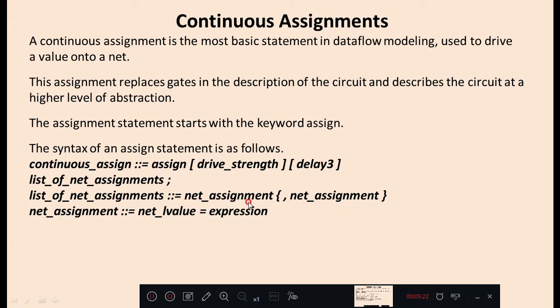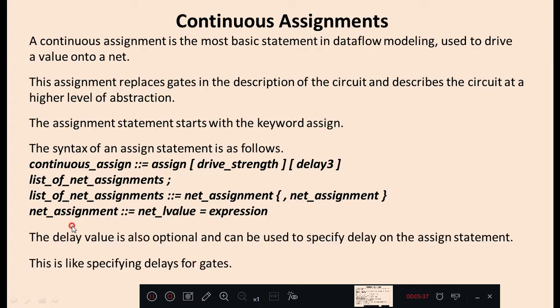So this is a general representation, nothing to do with actual syntax. A net assignment can be assigned with an expression or a value. We'll see in examples. The delay value is also optional and can be used to specify delay on the assign statement. This is like specifying delays for gates.